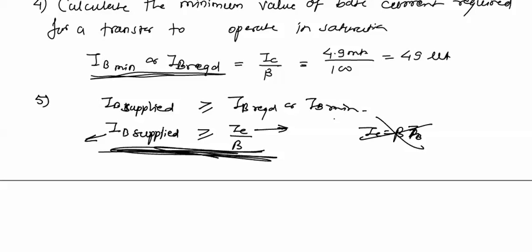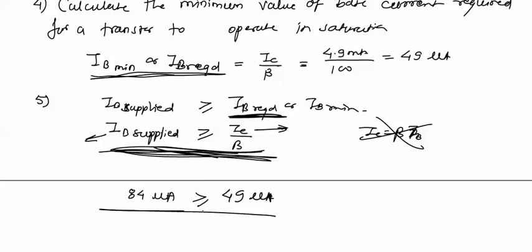This IB supplied we have already calculated, it was 84 microamperes in the previous problem, and the required base current we have calculated comes out to be 49 microamperes, and we have this 84 microamperes greater than 49 microamperes. Therefore,